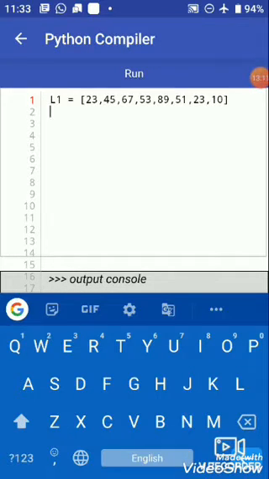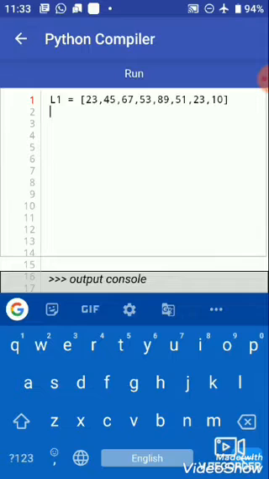So here our first list is L1 equal to 23, 45, 67, 53, 89, 51, 23 and 10. Let's see how many elements. For finding the length of the list we use the len method.